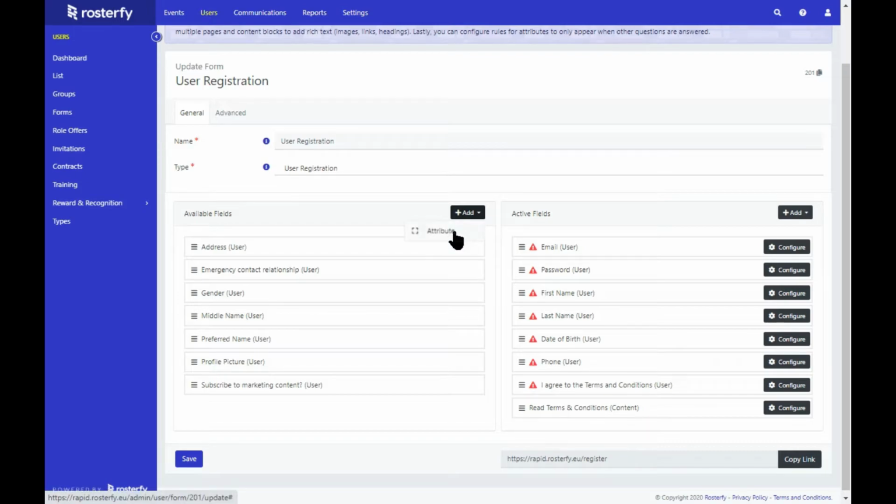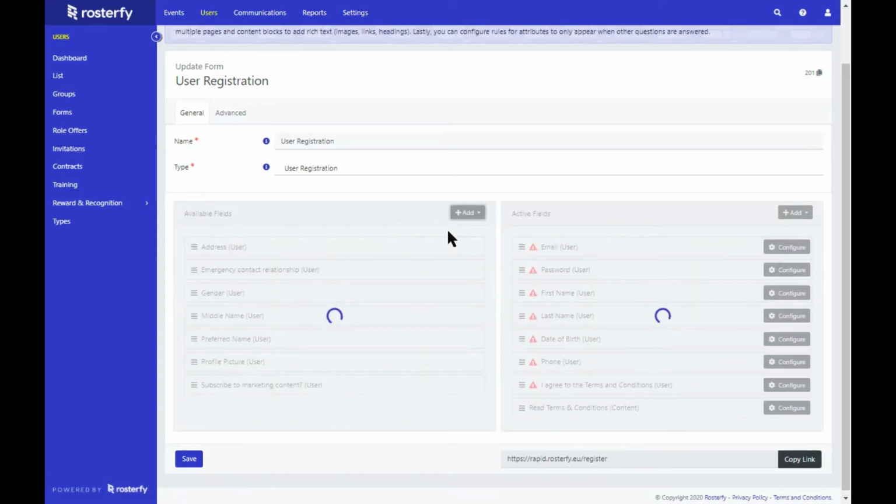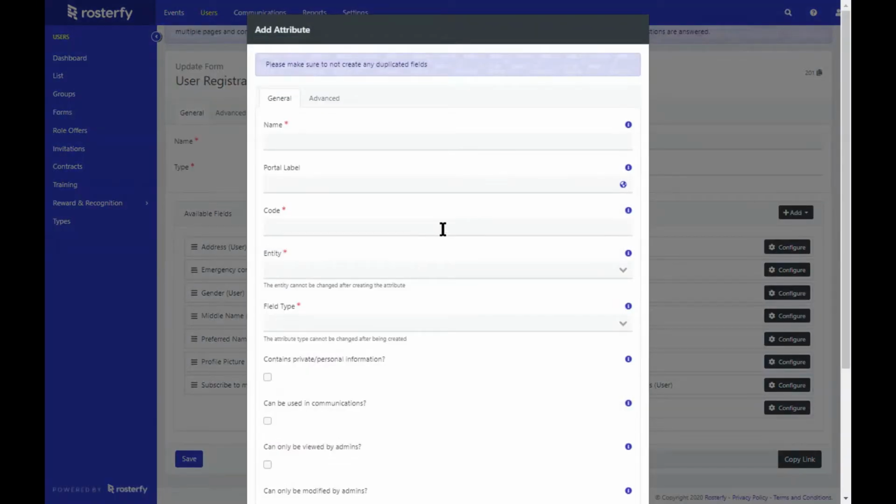As an example, I'm just going to create an attribute item, so a question, because I've got the relationship to you, but I want to know what the emergency contact name is. So if I add in the name, that's what's going to be displayed inside the platform, and then automatically the code will then generate. So that's going to be my report. That's going to be used for reporting.